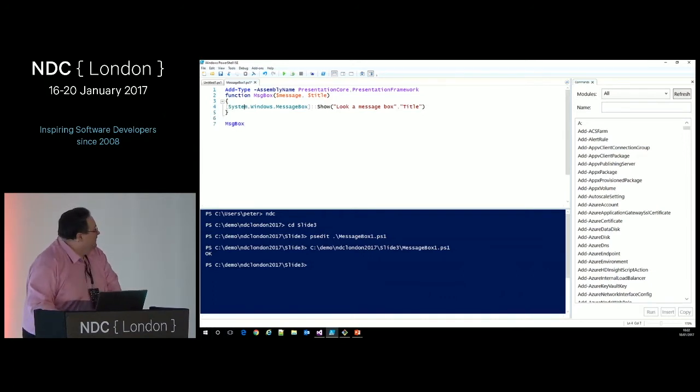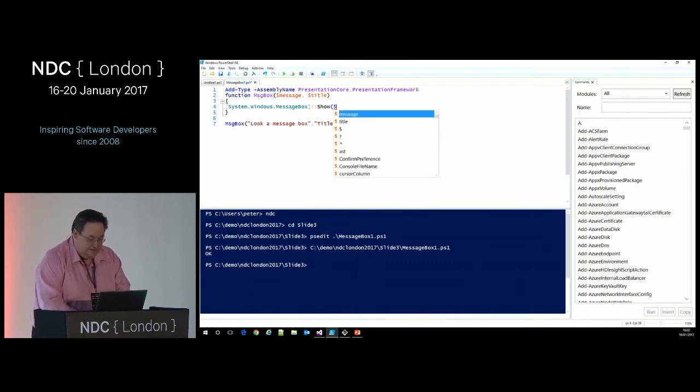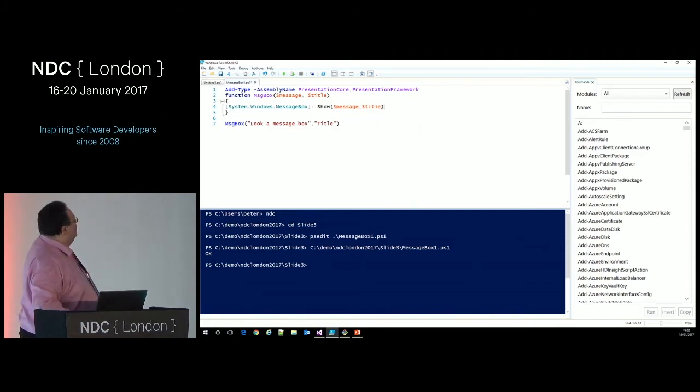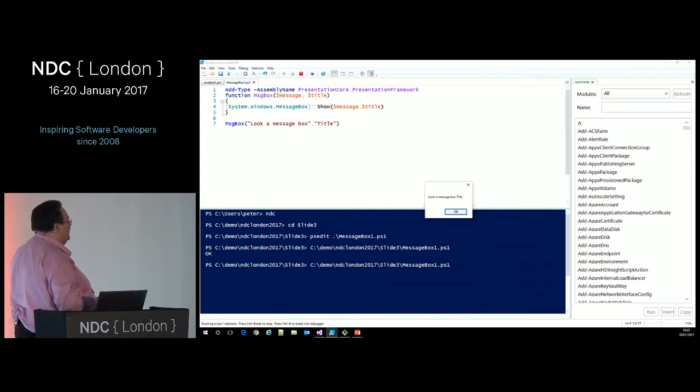And for this bit here, we'll now say $message, $title. Okay. So that's going to call my message box. And when I do that, I get this. PowerShell's been trying to be helpful here. And what it's done is it said,